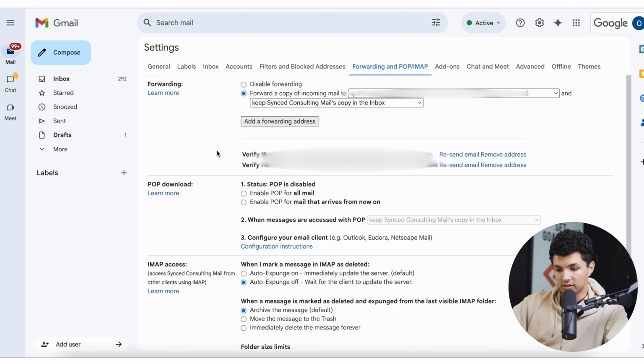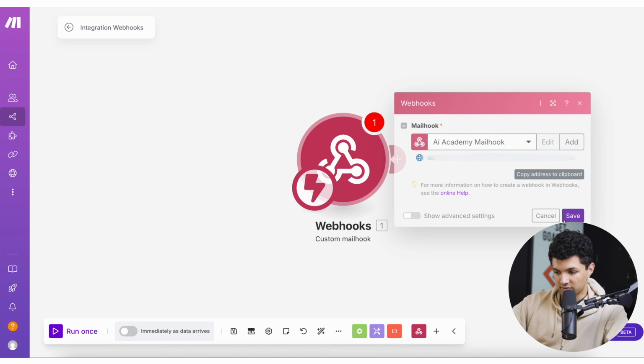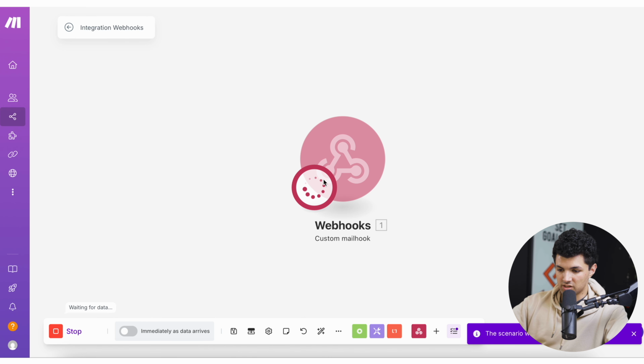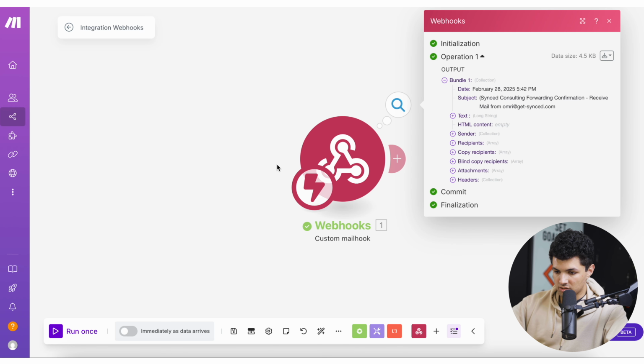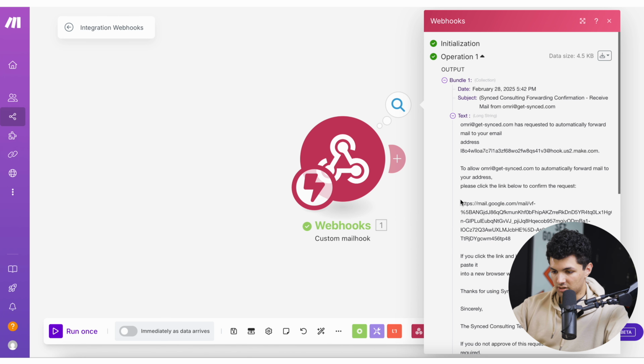What we want to do now is go back to our scenario after we've saved it, click run once. This means this webhook is active and every email that goes into this address gets transferred into the make.com scenario. So after we do that, we go back to our email, we'll press this and that sends a confirmation. And once you pressed it, an email has been sent to the email account we linked, and that means the webhook is now active. So the last thing we want to do is press on text in order to fully